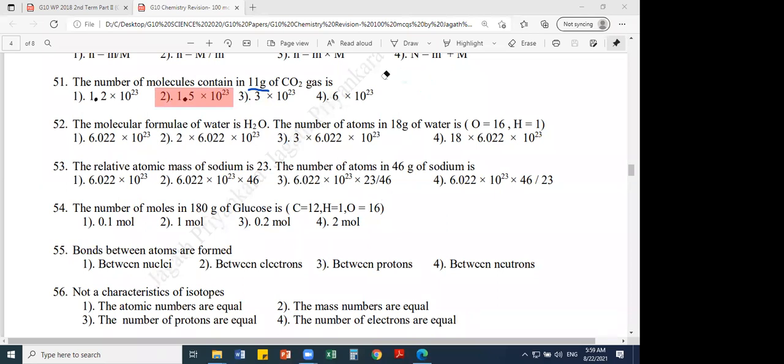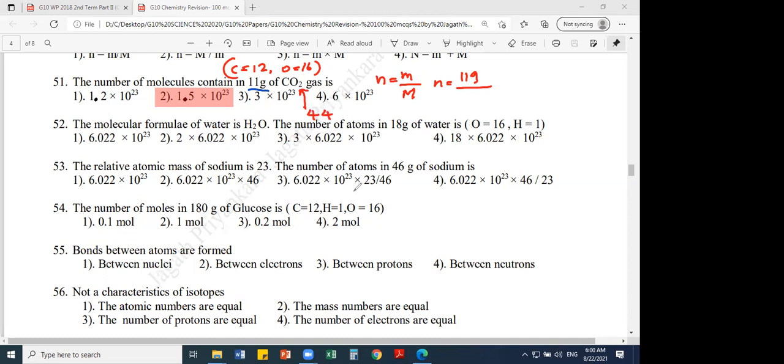Imagine if you get this in the essay type paper or structured essay type, then you should know how to work it out. You are getting marks for the method also. Simple m divided by capital M: simple m for mass, capital M for molar mass. So then number of moles equals 11 grams divided by the molar mass of carbon dioxide. They should give this in the exam. They'll give it definitely, because in the previous one also I gave carbon equals 12, oxygen equals 16. Then you get the total for carbon dioxide. The molar mass will be 44 grams per mole.